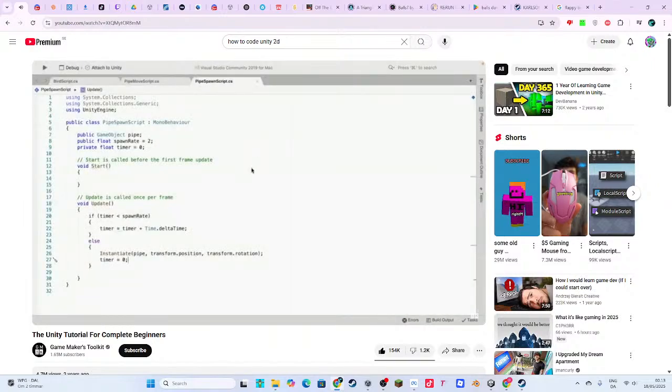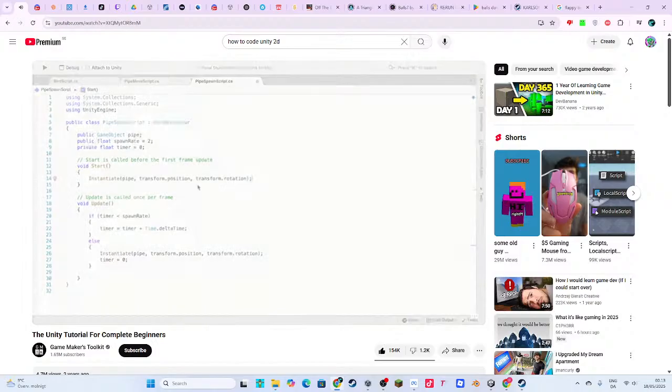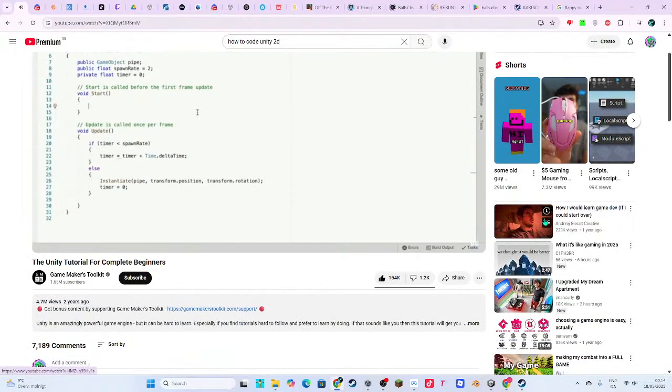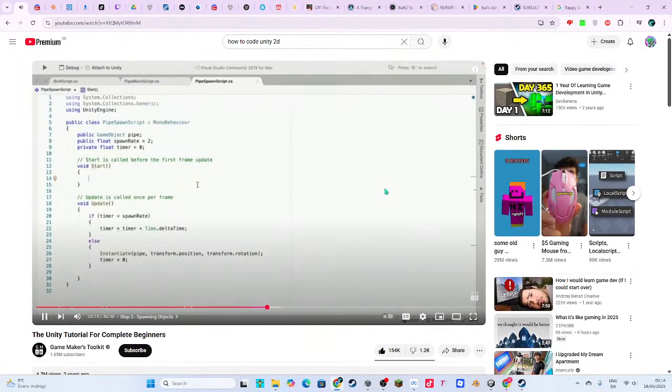Now we could copy and paste the spawn code into start, so it happens once in start and then happens over and over in update. But that's a bad idea. You should generally try to avoid having this same or even similar code in multiple places. What happens if we want to change how the spawn works? We'll have to find and change it everywhere. No good. Instead, we can put the spawn code in a new function and just run that function. So here, below update, but above the final curly bracket.